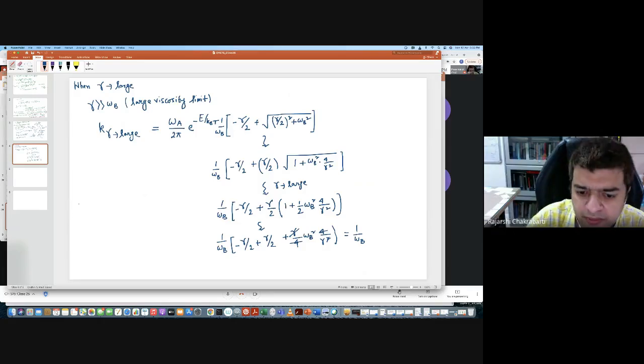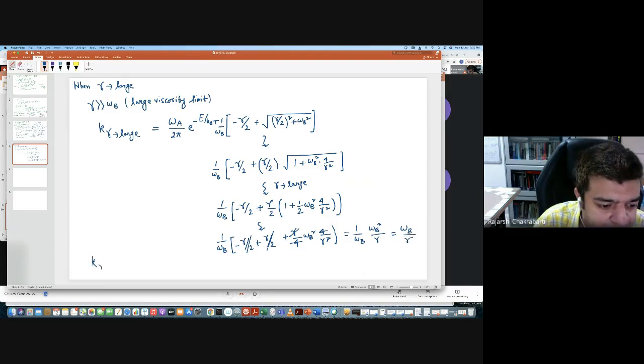So omega by, so this will cancel. 4 will cancel, gamma partially will cancel. You'll have omega b square by gamma. This will give you omega b by gamma. So what will be the expression? The expression is going to be